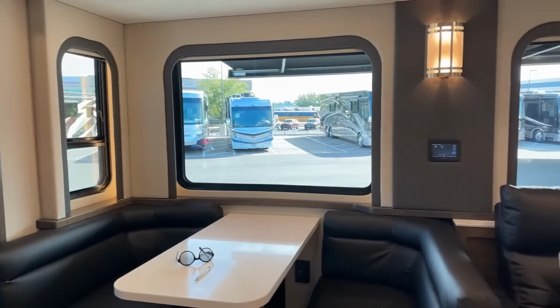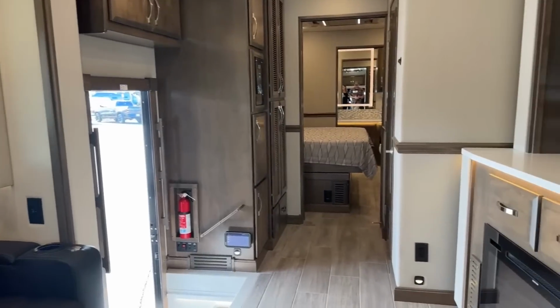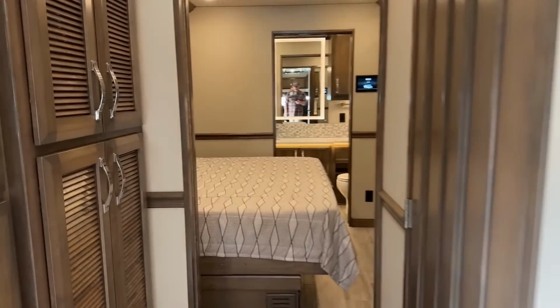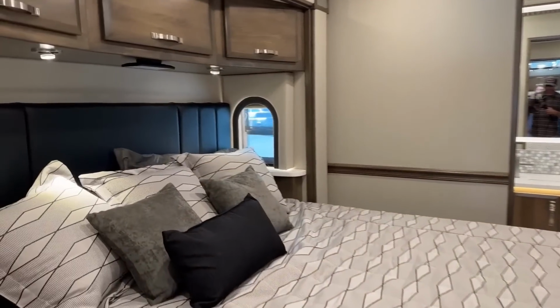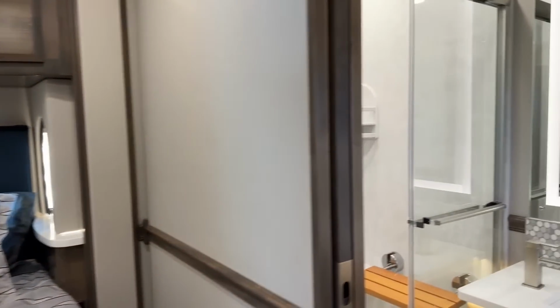Today we're looking at stock number 5N211824, and this is the floor plan 4534RQ. Today's model is just exactly what everybody, I think, would hope to find in terms of all of the luxury components and functional components in an RV. So it's a bath and a half model, and some of the nicer features that you're going to find throughout